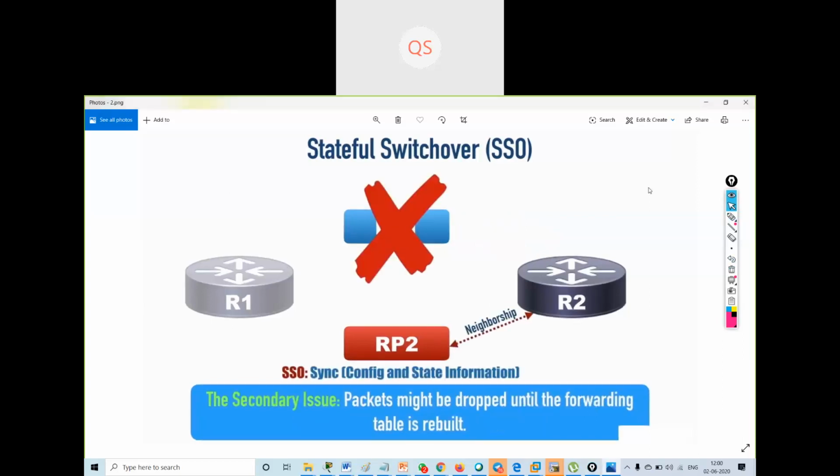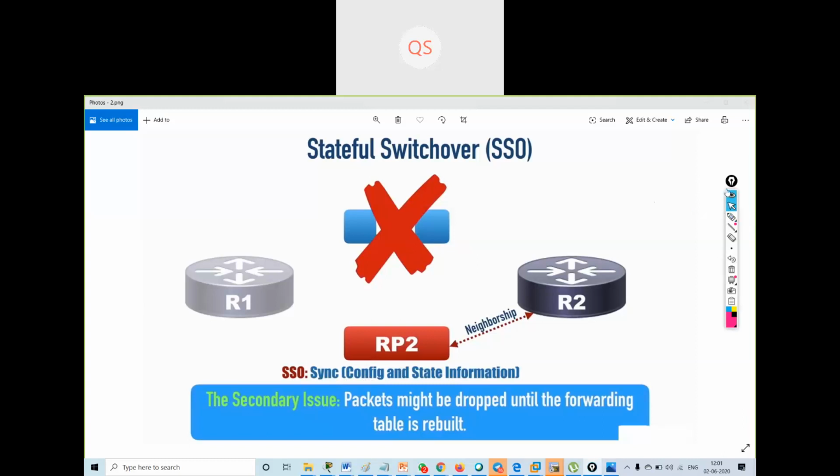Now what can we use? Suppose my first link failed, then what can I use? I can use SSO, stateful switchover. What will stateful switchover do? It will sync the config and state information.